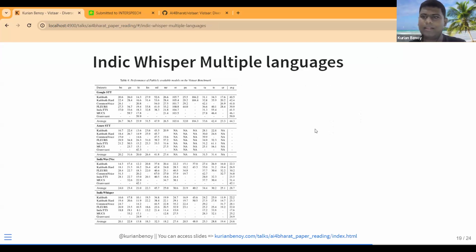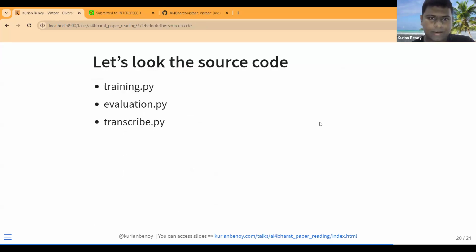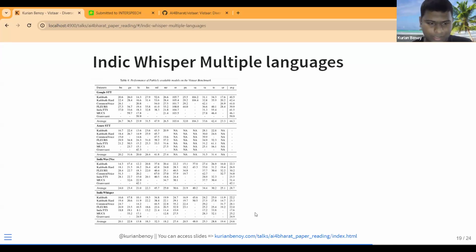And then there is the split across multiple languages. Across multiple languages they tested Google STT, Azure STT, IndicWav2Vec 2, and Indic Whisper. They didn't go with NVIDIA in this diagram because NVIDIA is just available in Hindi, while all others are available in these language combinations, as they mentioned in the paper. And yeah, so that's it. If you look at the results here also, the same story repeats. Indic Whisper is performing better than IndicWav2Vec 2,